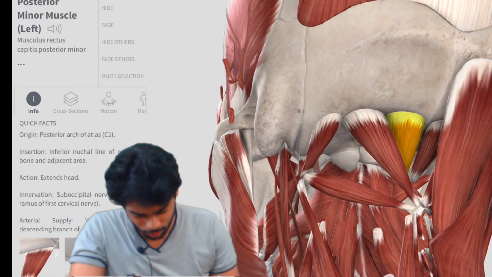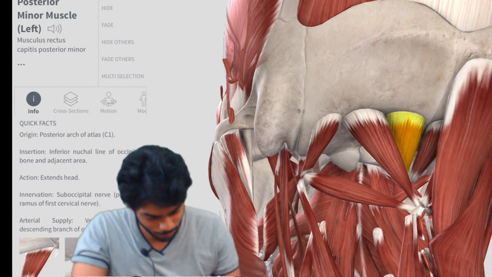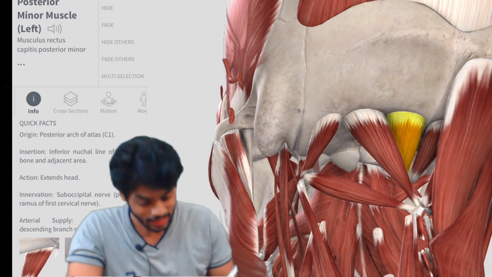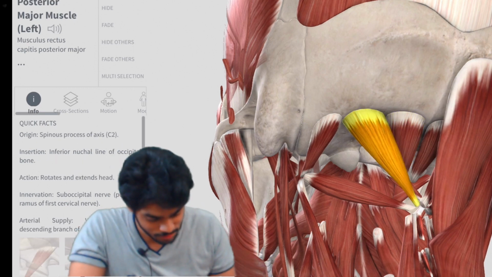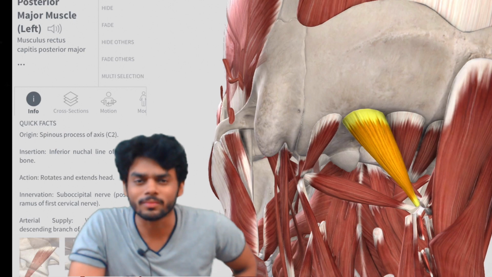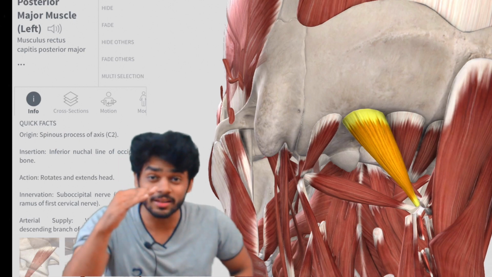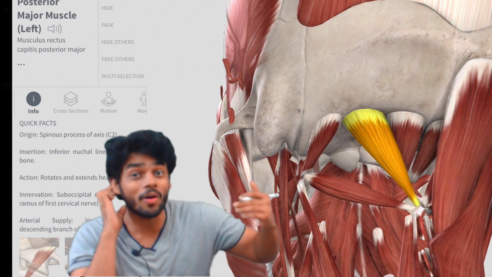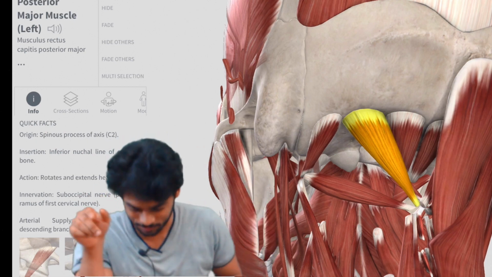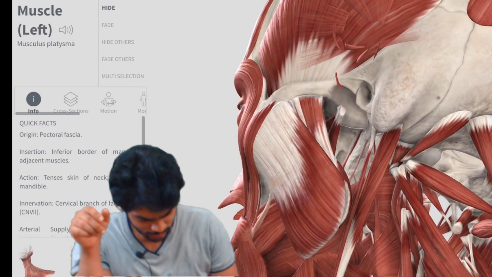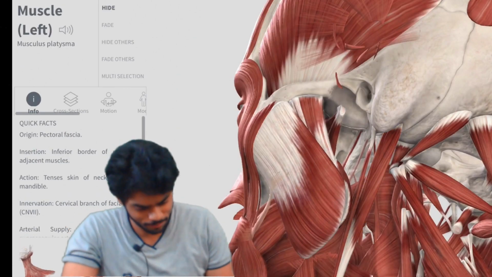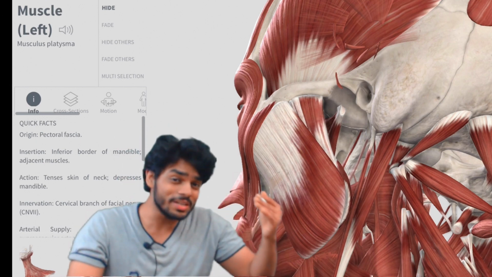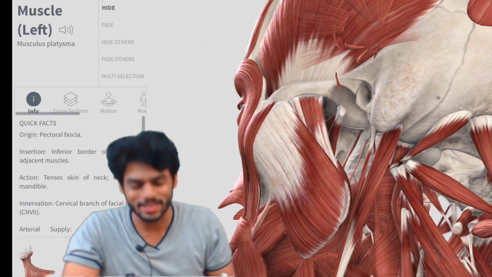Let me show you some more muscle. This is rectus capitis minor muscle. Can you see the yellow part? Rectus capitis minor muscle. And then rectus capitis major muscle. This yellow. Is everything clear? Which is present inferior to the inferior nuchal line. It is beyond the inferior nuchal line. Clear? Fine. Now we will see the mastoid notch. The notch which is present a little medial to the mastoid is known as the mastoid notch.